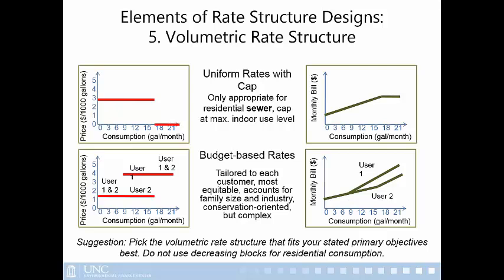And a very common thing, though, for Alabama is to use uniform rates for wastewater that includes a cap. So you have a uniform rate for wastewater, but then any consumption above a certain amount, let's say it's 15,000 gallons, would not be charged a volumetric rate because I think utilities assume that anything above that point is going to be used outdoors and it's not being flushed down the toilet or flushed down into the sewer. So you're not going to be charging for sewer consumption for anything that might be used for water use outdoors.